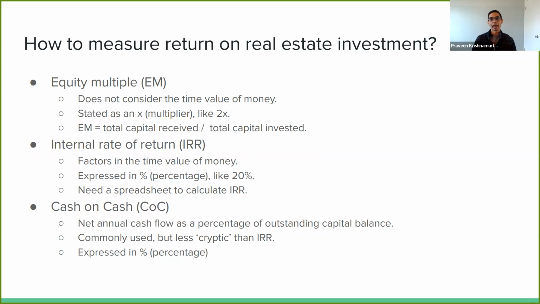And if you want a more hand wavy but similar metric, you can use something called cash on cash. And what's cash on cash? It's basically similar to IRR, but it's not that precise. You don't need a spreadsheet to calculate it. Let's say you invest 100,000 and you get back 12,000 after all the expenses in the first year. It doesn't matter whether it was returned in month 1 or month 6 or month 12. It's just the first year returned you 12,000. Then you say it's 12% cash on cash on my investment.